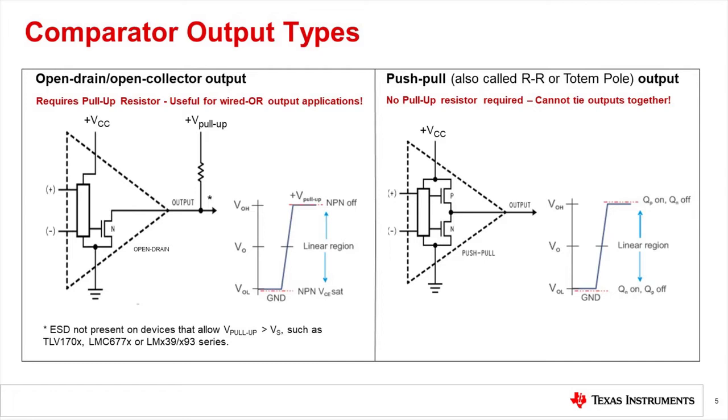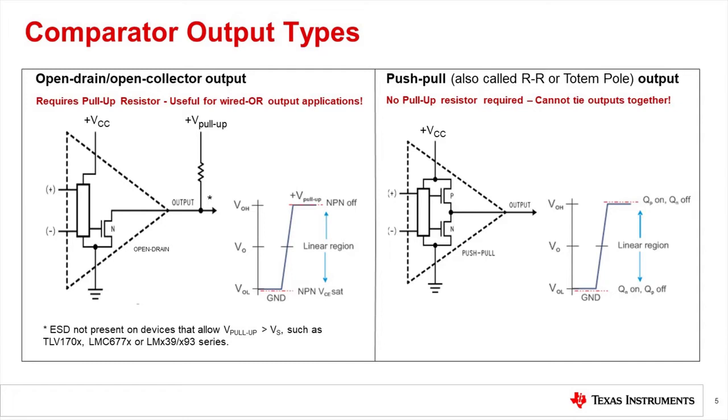And when the transistor is off, the collector looks like a high impedance, and it has essentially no effect on the output voltage. So in this case, a small amount of current is being sourced from the V plus pull-up voltage through the pull-up resistor, and then your output voltage can rise to a logic high. And so without this pull-up resistor, your output voltage can just float to an unknown state. And so for this type of comparators, you need a pull-up resistor on the output pin.